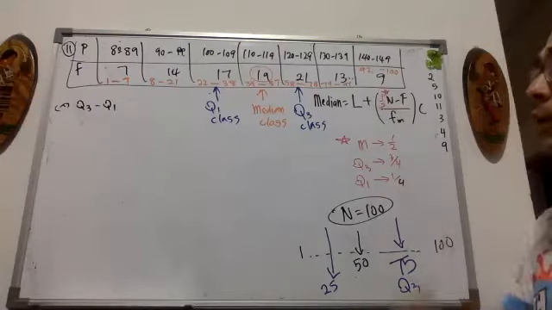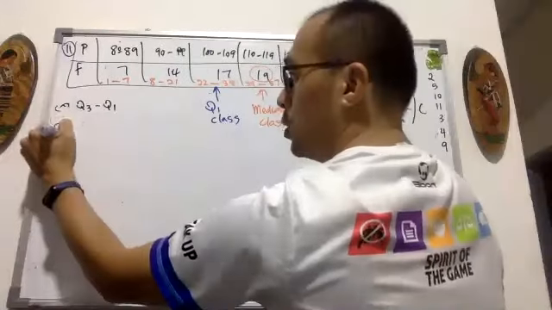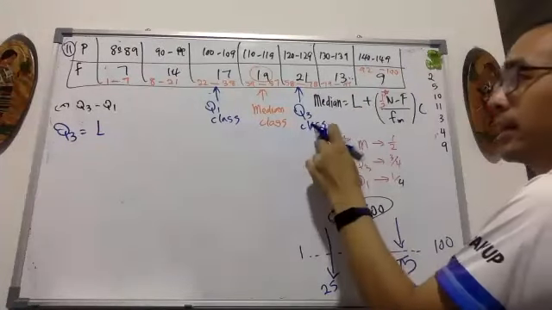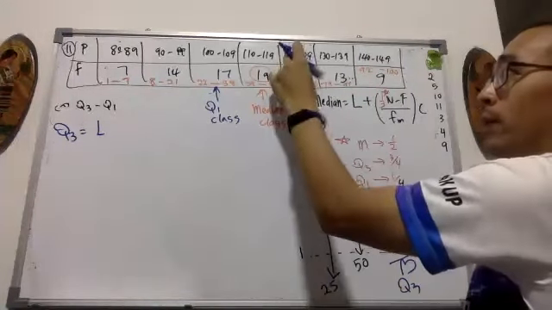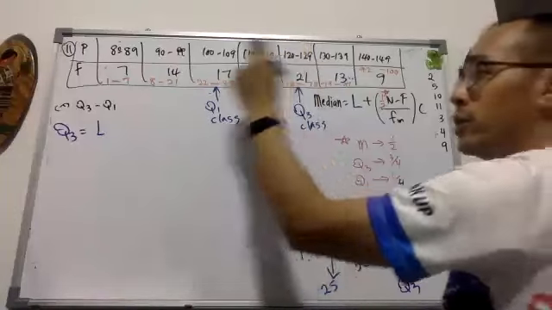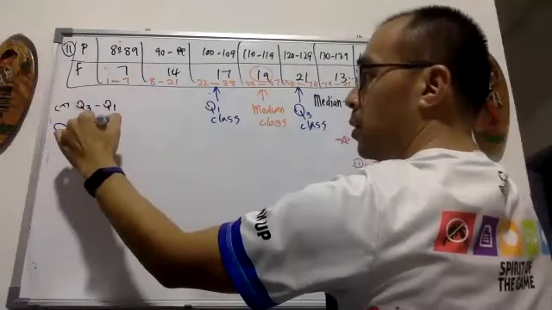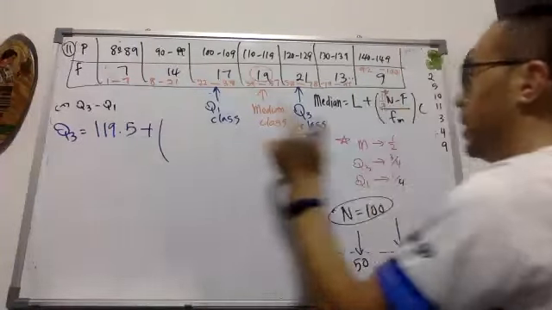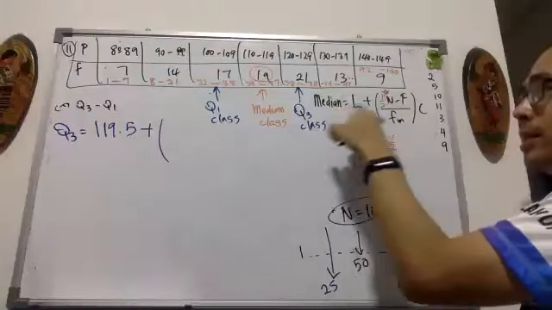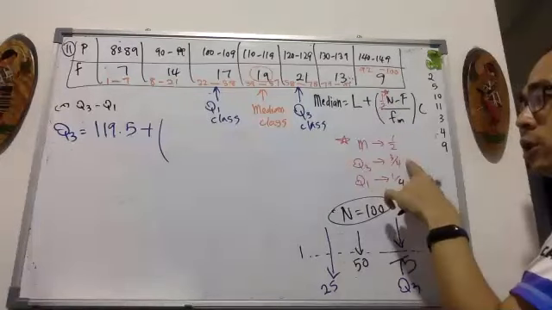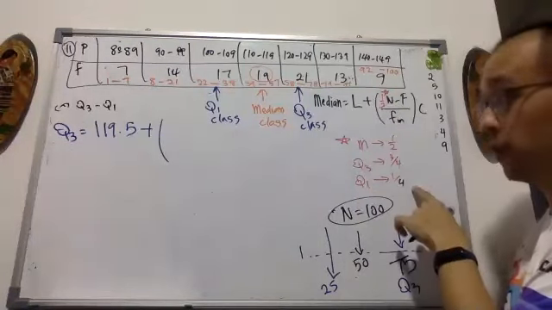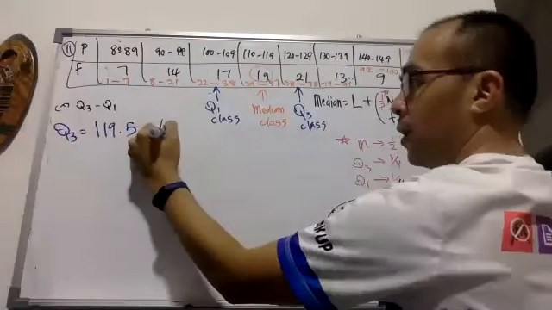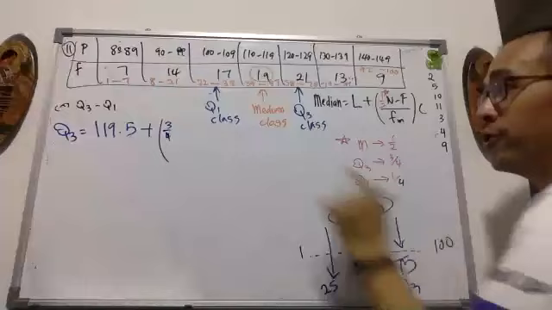So we're going to start with Q3. Q3 is the lower boundary of the third quartile class. The lower boundary: the lower number is 120, so the lower boundary is 119.5. This number in red: for the median it is half, for Q3 it is 3/4, for Q1 it is 1/4. But everything else remains the same. So I'm going to use 3/4 times n, which is 100,